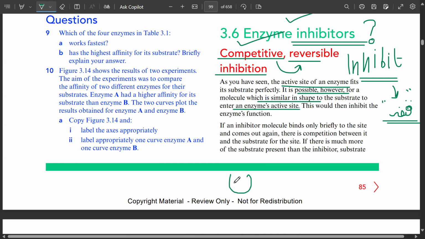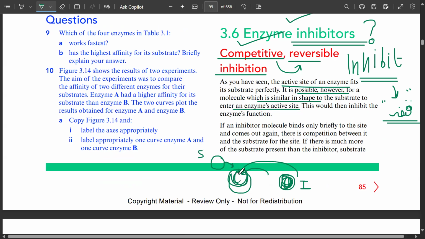You have an enzyme which has an active site like this, ठीक है, and now there's a substrate molecule that has to come on this active site, लेकिन there is an exact similar molecule that has the same exact shape like this substrate. ये substrate है, लेकिन exact shape का एक inhibitor आ जाएगा जो substrate की जगह आके यहाँ पे लग जाएगा।